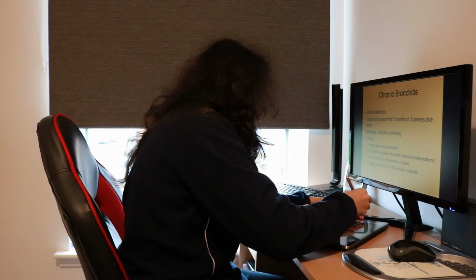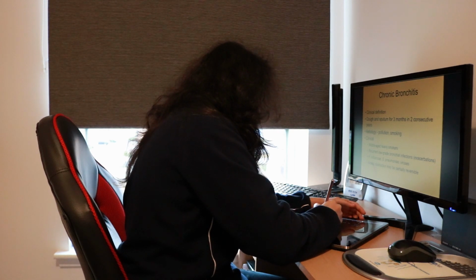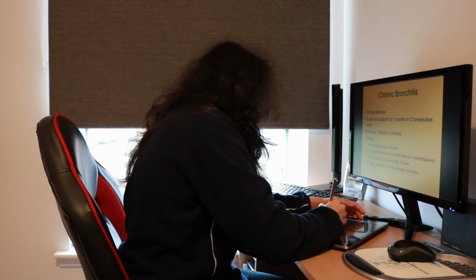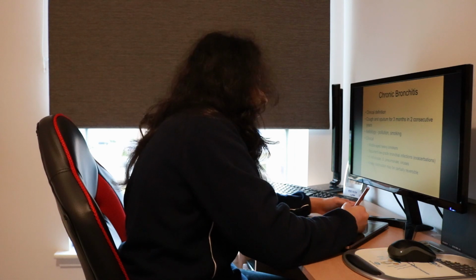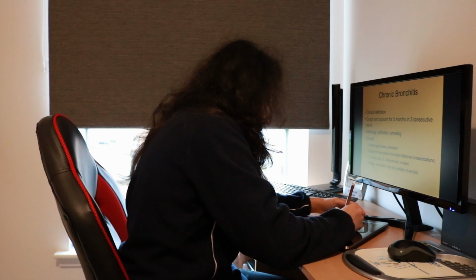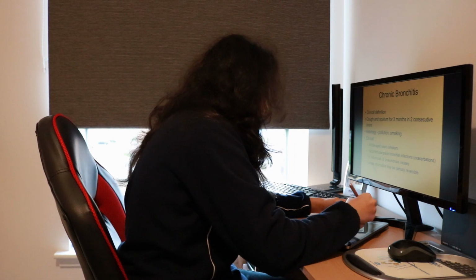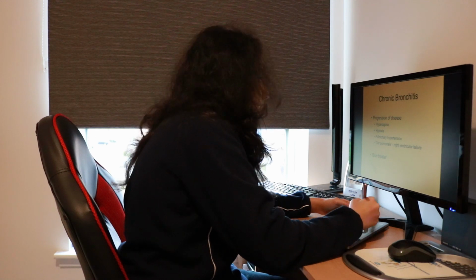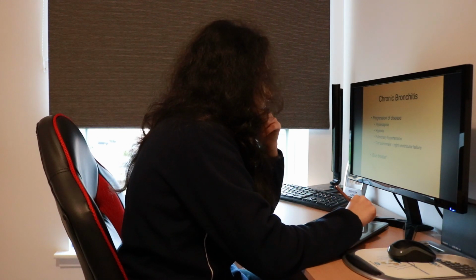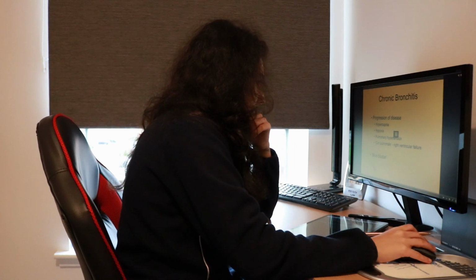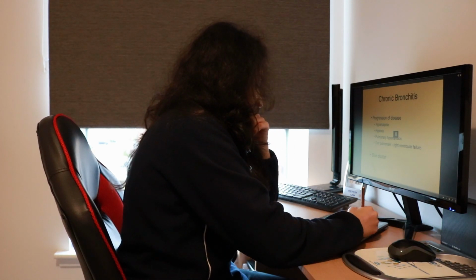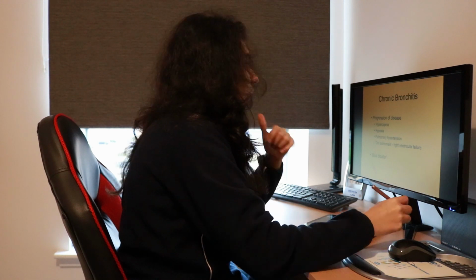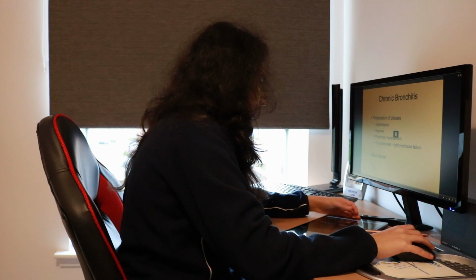In these patients, airways obstruction may be partially reversible, and so the principles applied to the pathophysiology and also the treatment of asthma apply in these patients, many of whom use the same inhalers as patients with asthma do. Chronic bronchitis tends to be a progressive disease, and with progression, what you often see is hypercapnia, which is carbon dioxide retention, coupled with hypoxia, which is reduction in blood oxygen levels, and these may, if chronic